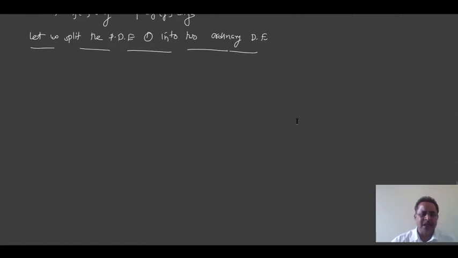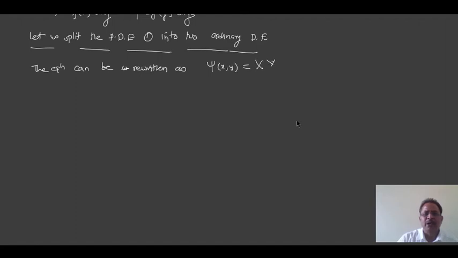Now, as I have assumed that psi is a function of x and y, let's rewrite our equation number 1. I am writing psi of xy as the product of X and Y, where I have to be sure that capital X is a function of small x only and capital Y is a function of small y only. So wherever psi appears in my equation number 1, it can be replaced by the product of X and Y.